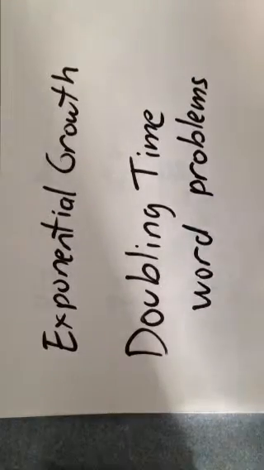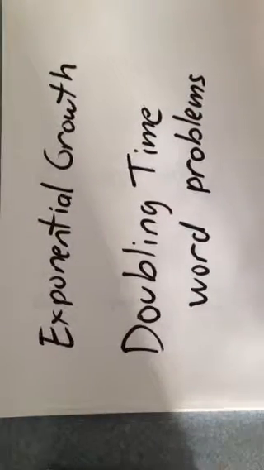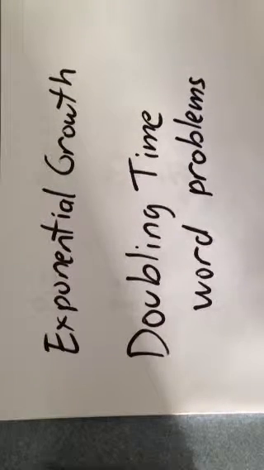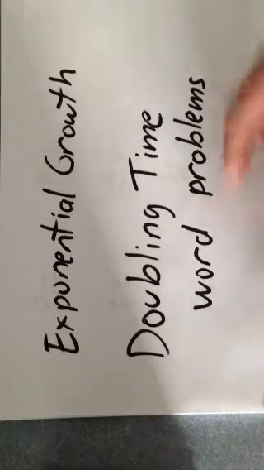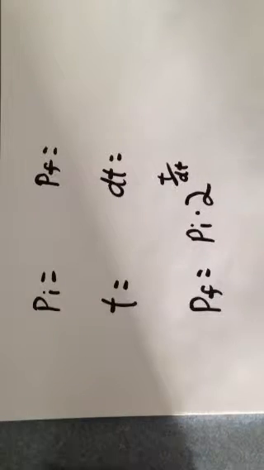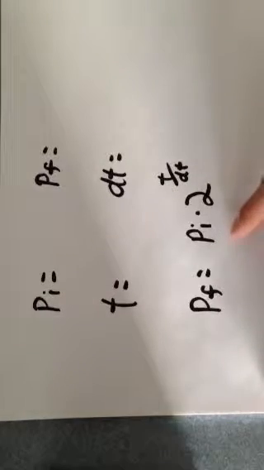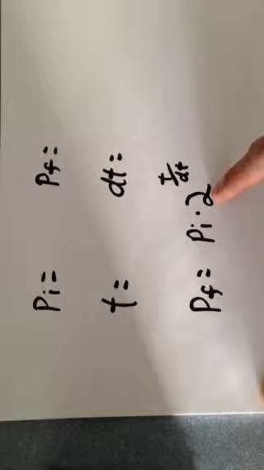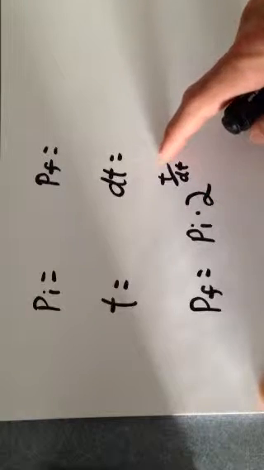This is on exponential growth and doubling time word problems. Any situation where something grows exponentially can be modeled as a doubling time using this formula here. So the formula has the final population is equal to the initial population times 2 to the exponent t over